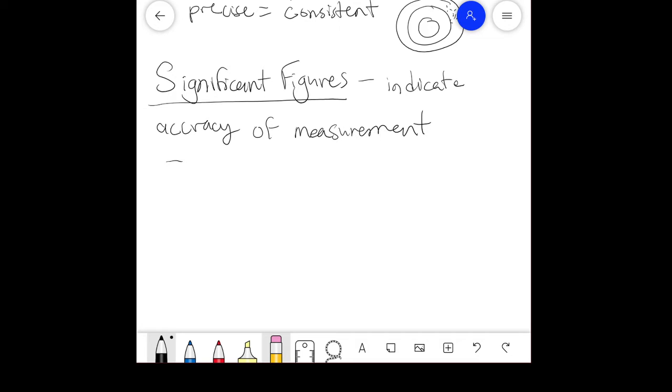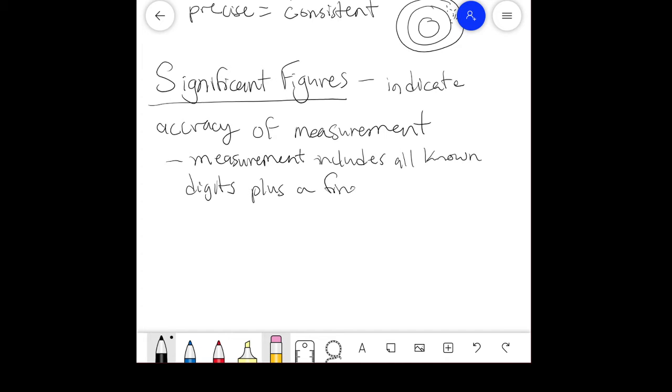But when you do the measurements, remember, the measurement includes all known digits plus a final estimated digit. If you remember that lab we did while we were online, where you have a ruler,